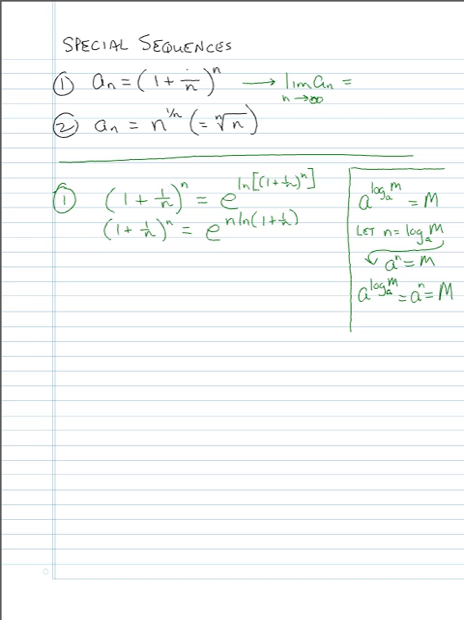Okay. Now here's what we're going to do next. We're going to take the limit. See, here's what we're interested in. This is what we're trying to find, isn't it? The limit of 1 plus 1 over n